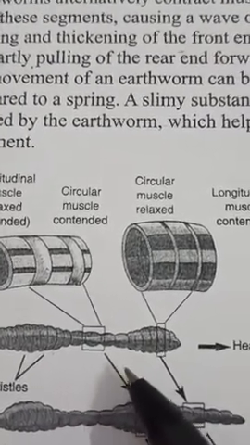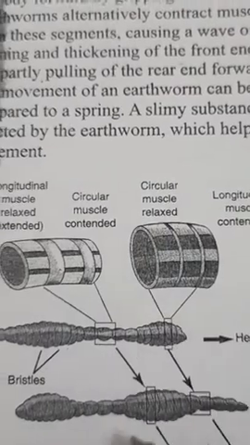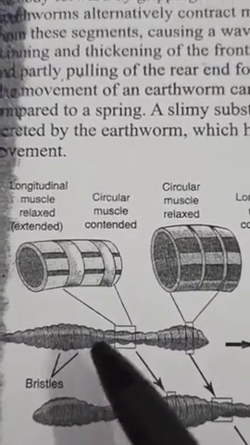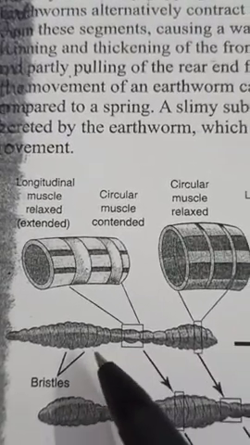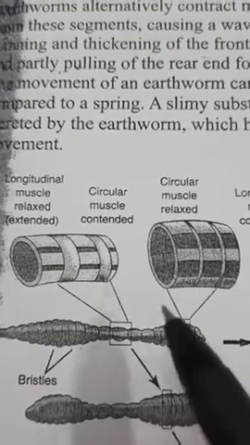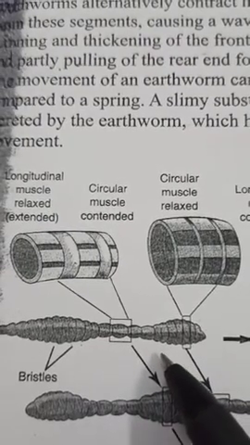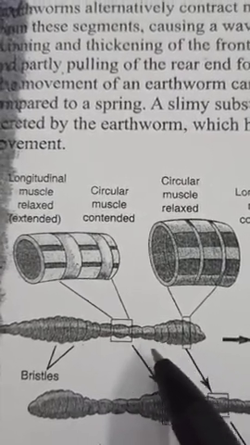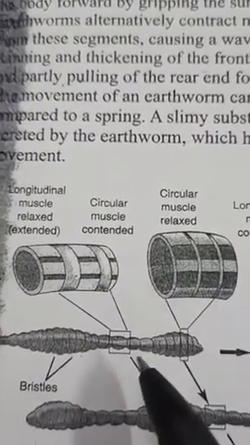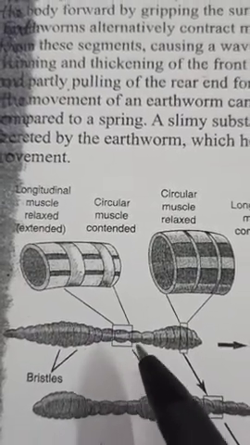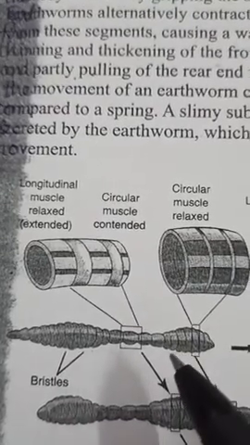Okay, they also secrete a slimy or sticky substance from their body so that they can move on the slippery surface, because this slimy substance can make the surface slippery, so that with the help of these muscles, when it pushes its body fluid towards forward, at that time this slimy substance also helps to slip their body forward. Okay, so children, in this way all the three things, bristles, muscles, and as well as slimy substance, these three things help in the movement of earthworms.